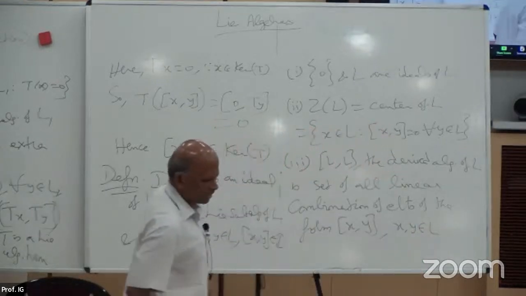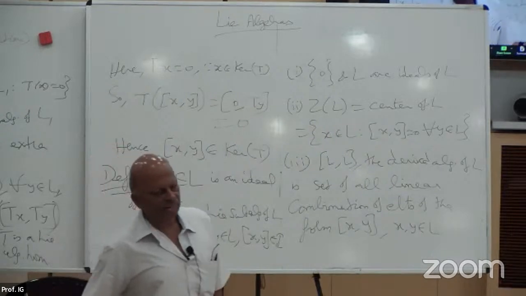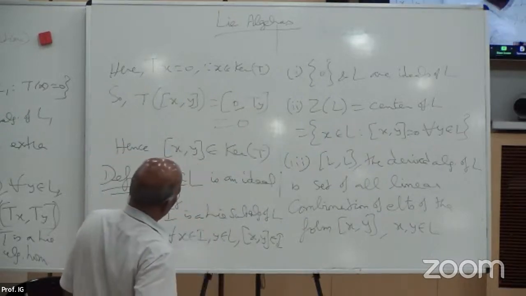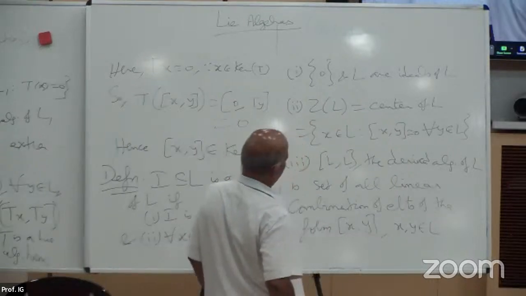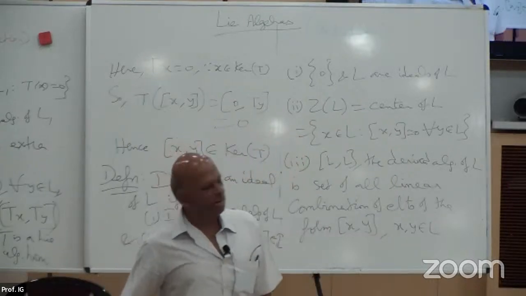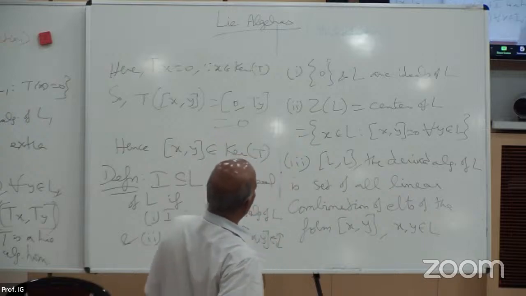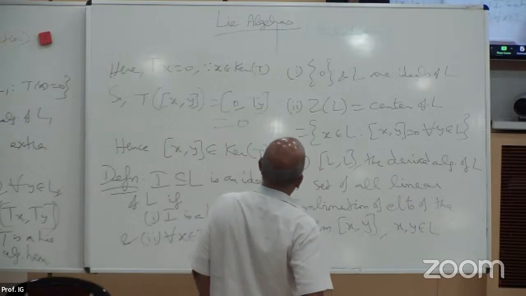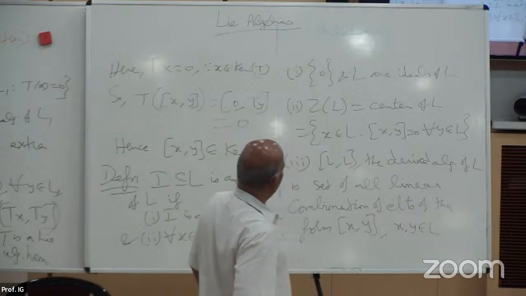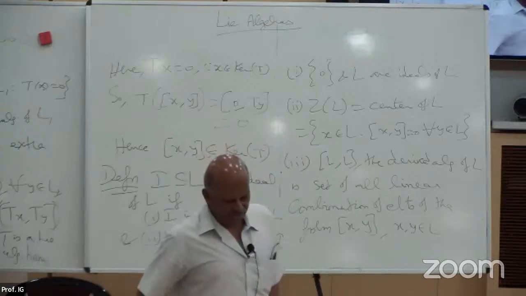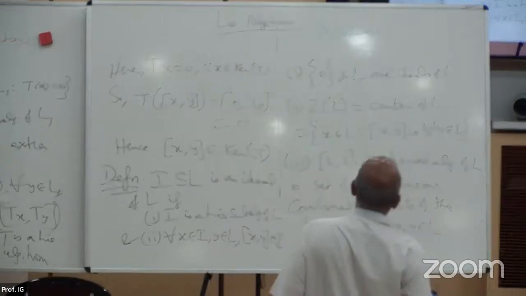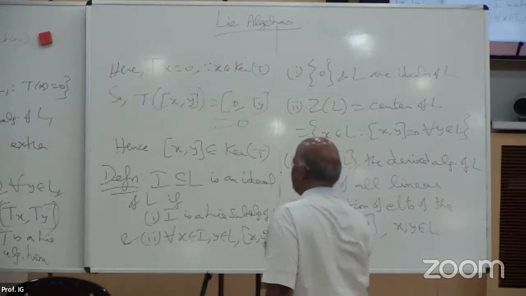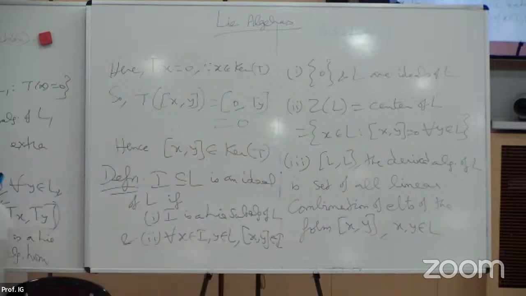Take any two elements x and y in L, and take the Lie bracket [x,y]. Just taking the Lie bracket won't help because it may not be a subspace. That's why we have to take the linear combination of all these elements. Then we get the derived algebra, and one can check that this is also an ideal. And when you talk about the center, one can make a simple remark that